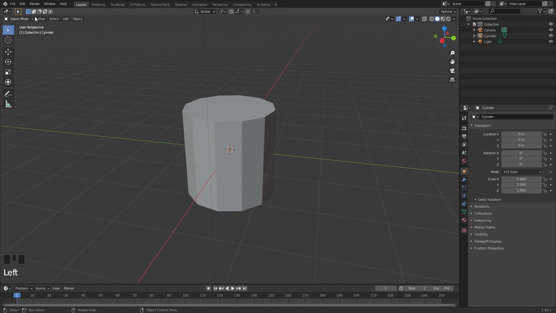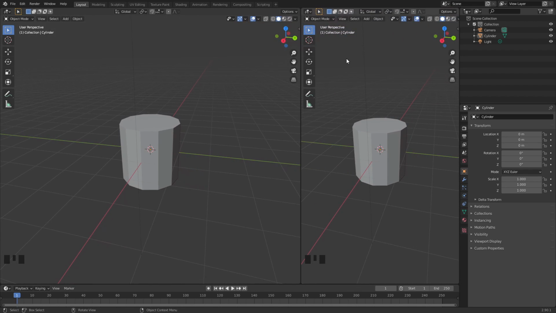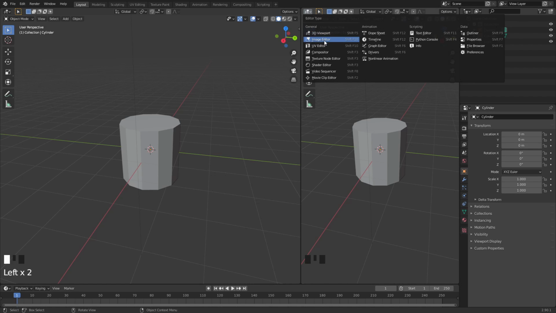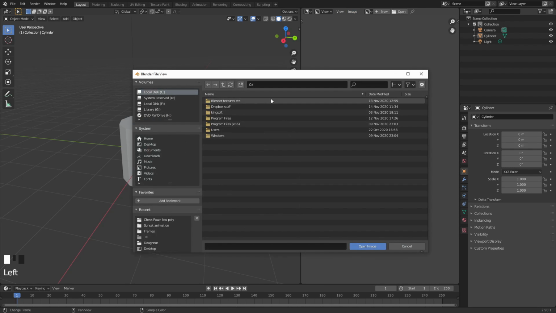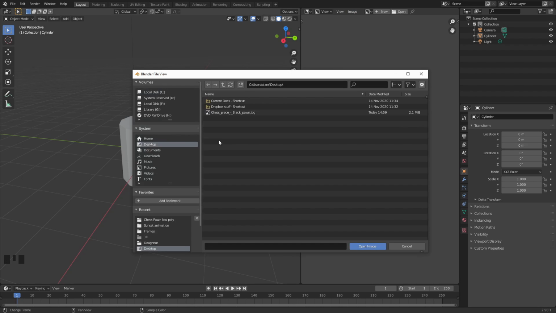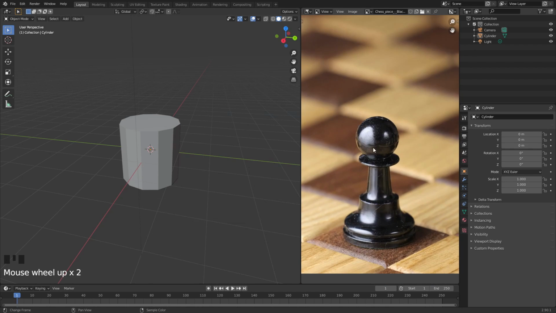I'm also going to come up here onto the top right, and you see it turns into a little crosshair. I'm going to click there and drag just to the left, and then on this menu on this side I'm going to add a reference. So I'm going to go to the image editor, image, open, and I'm going to navigate to where my reference is,